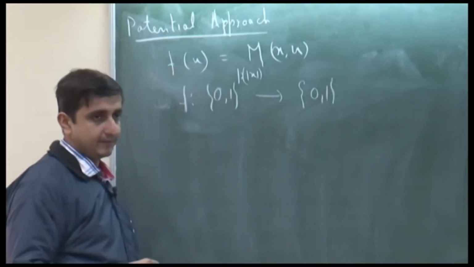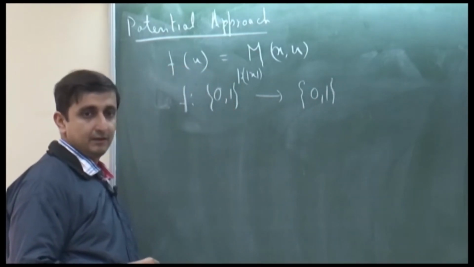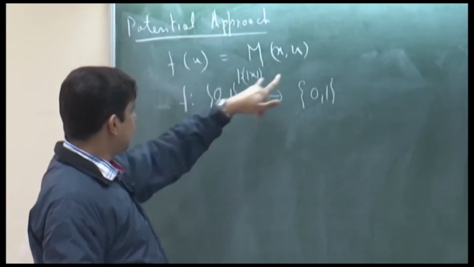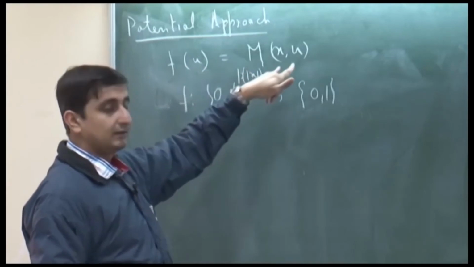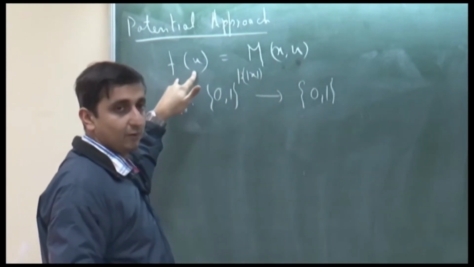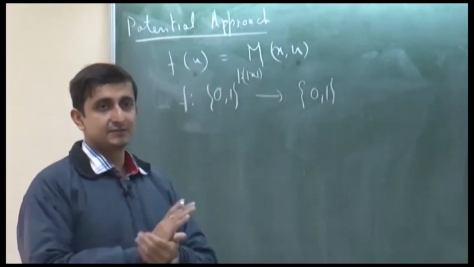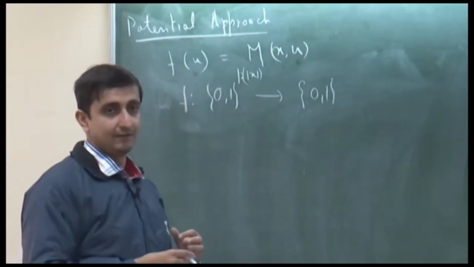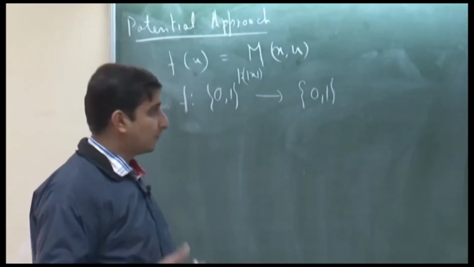So, we can define a Boolean function like this. Okay. And now, you see that this f will have the property that if such an u exists, then m of x u is equal to 1 and hence f of u is equal to 1, and if such an u does not exist, then f of u will never be 1. Okay. So, now what we can do is